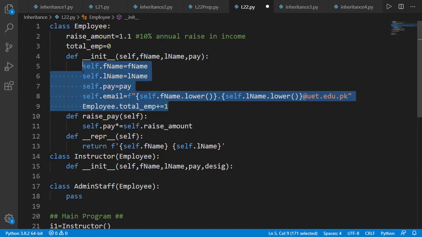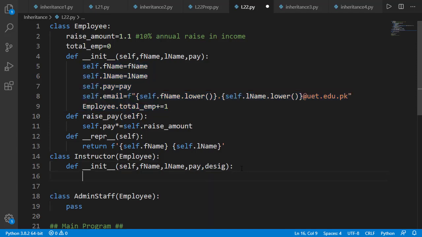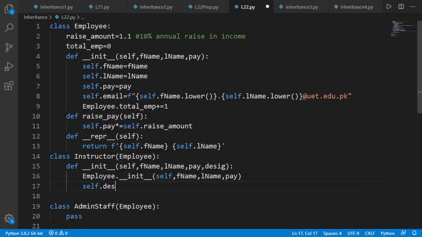Copying that from the parent class will be a bad idea. Instead, we should call the init method of the employee class inside the init method of the instructor class and pass in just the arguments needed by the init method of the employee class. So it will call the init method of the employee class and will set the attributes as done there. The remaining attributes we will set in this init method of the instructor class.